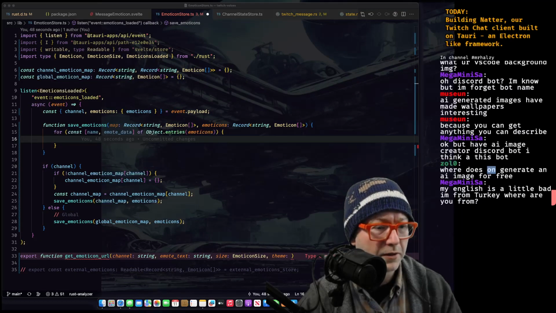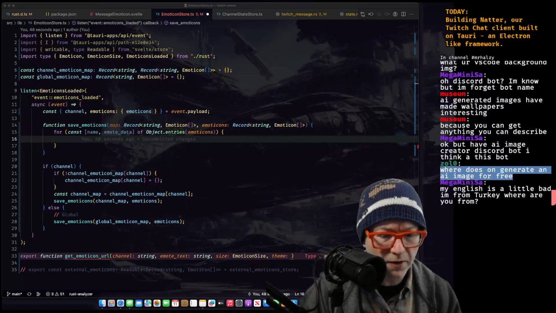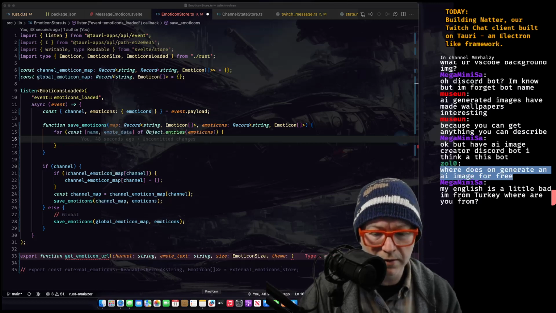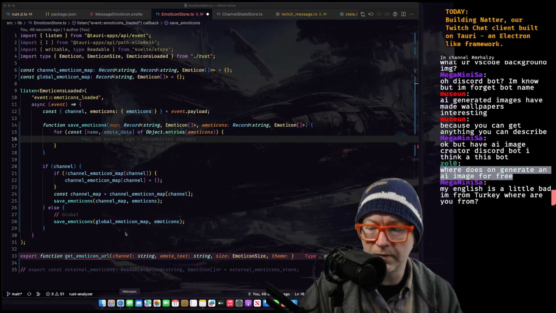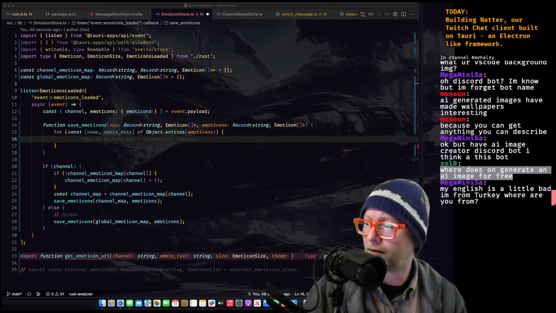Where does one generate an AI image for free? You could do that on, what is that website? Hugging Face. So you can find models that you like.